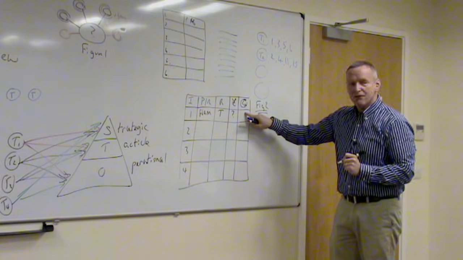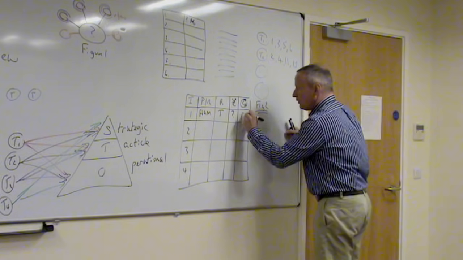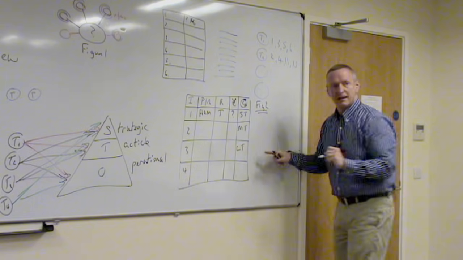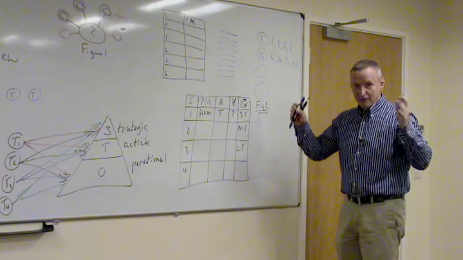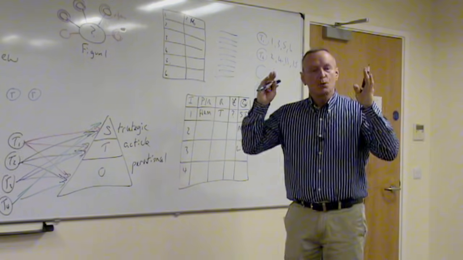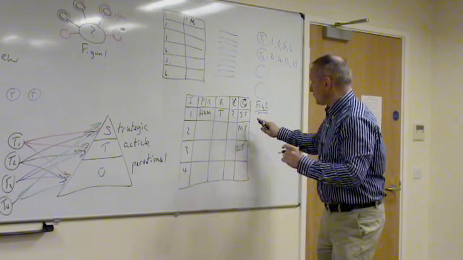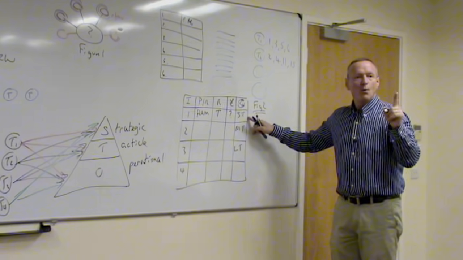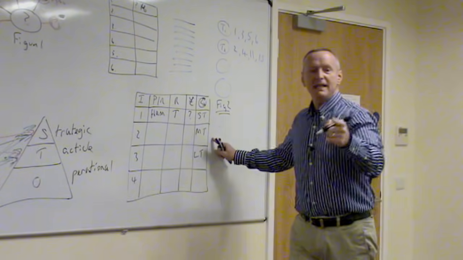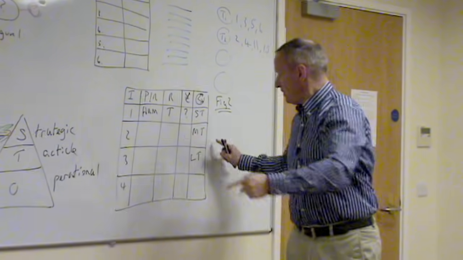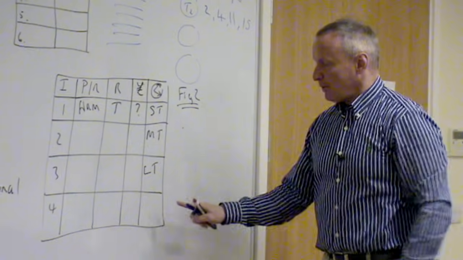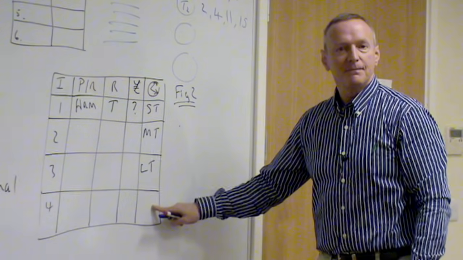This section here, time frame, would be short term, medium term, long term. And what I mean by long term is 12 months. This action sheet involves a 12-month scenario. So short term could be 1 to 3 months. Medium term could be 3 to 6 months. Long term could be 6 months to 12 months. But make sure that you include that.